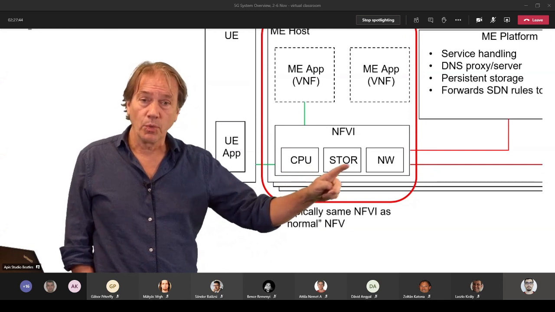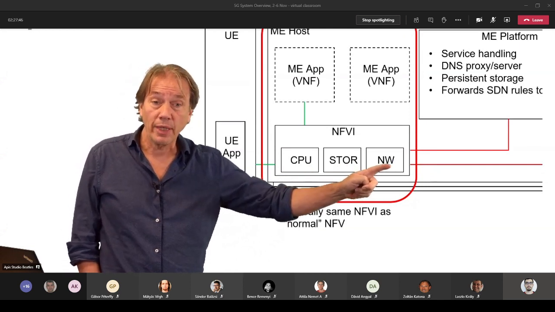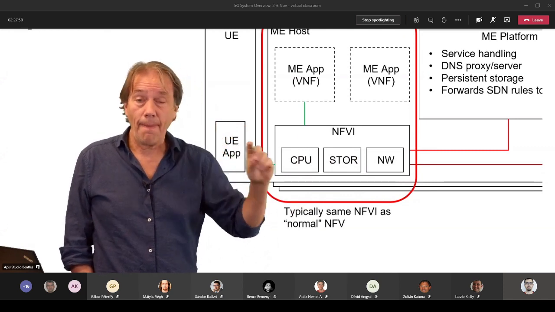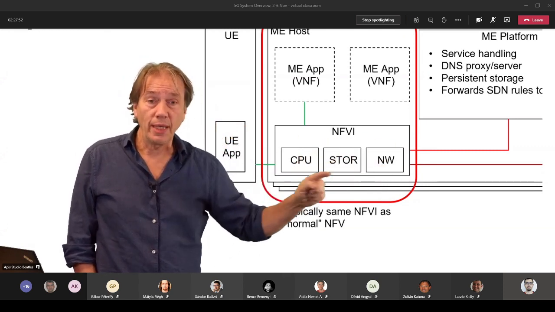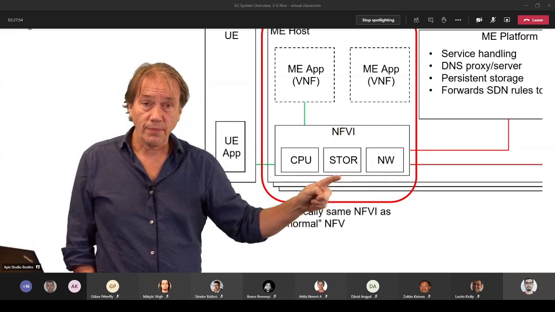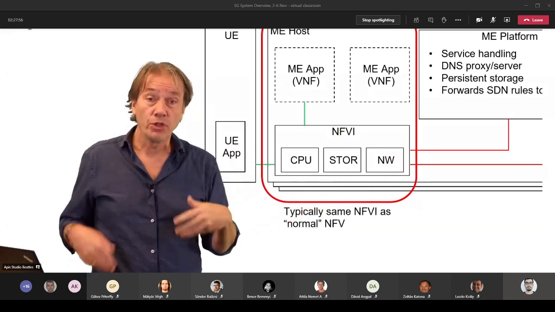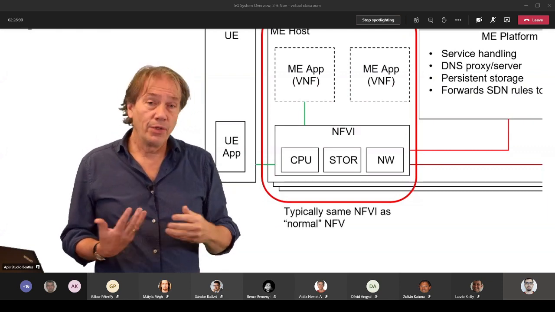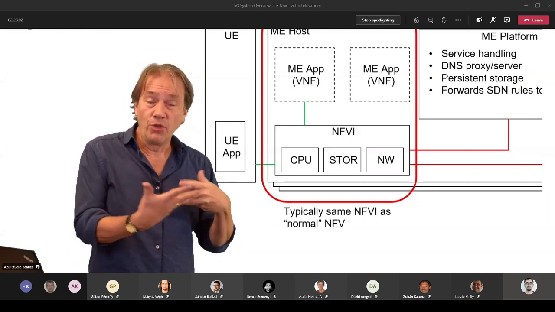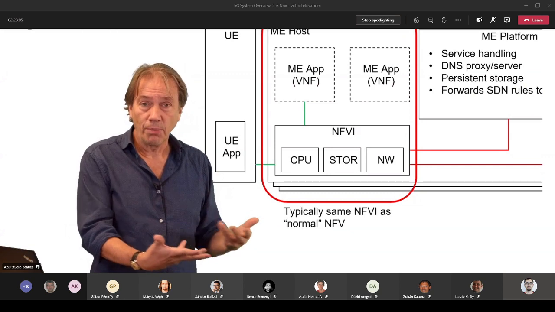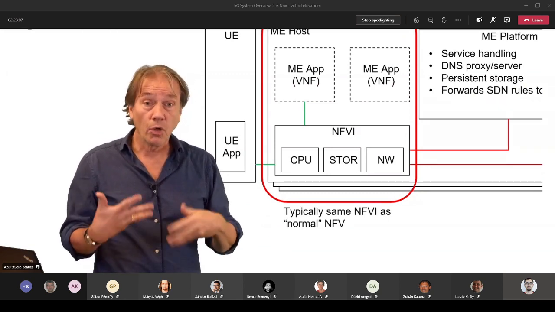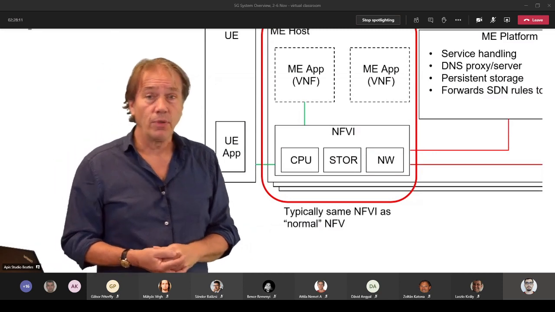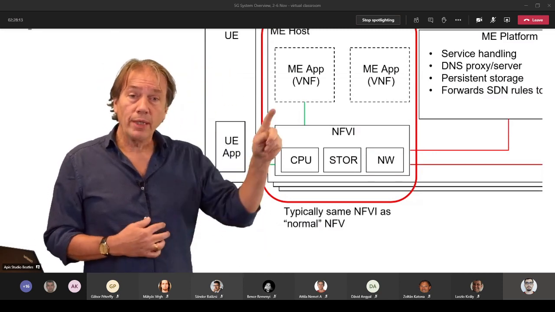Compute resources, storage resources, networking resources, and using the NFV infrastructure and using some virtualization technology, if you remember, either virtual machines on top of hypervisors or containers, if you remember those slides from earlier,